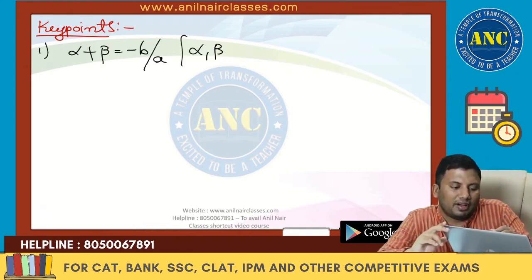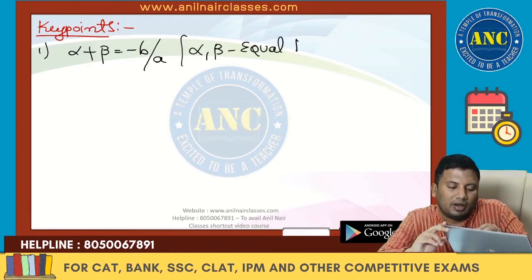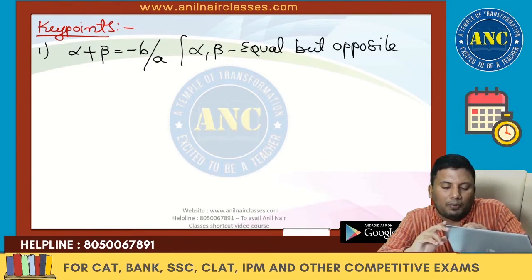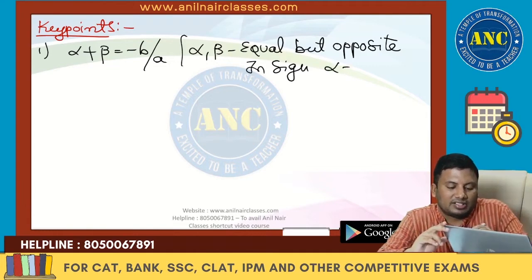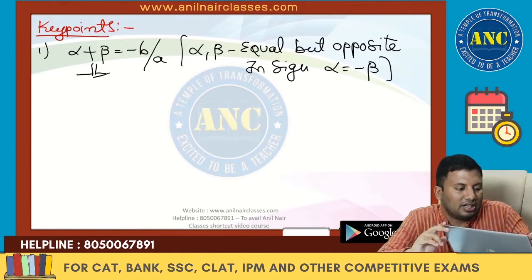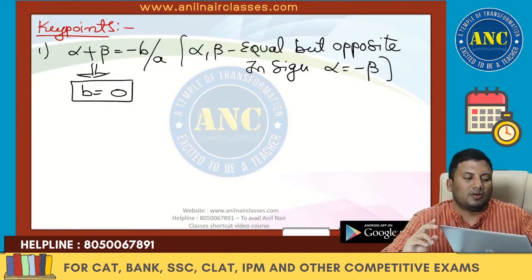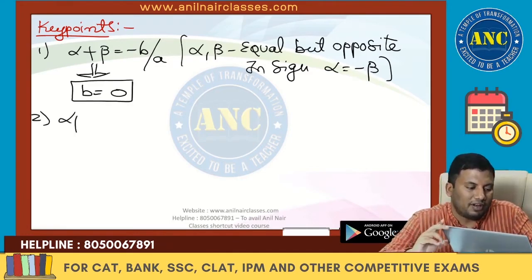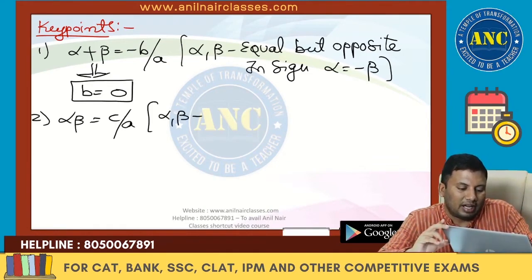If alpha and beta are equal but opposite in sign, that means alpha equivalent to minus beta, what will be the condition? b is equivalent to 0. Alpha beta equivalent to c by a. If alpha and beta are reciprocal to each other